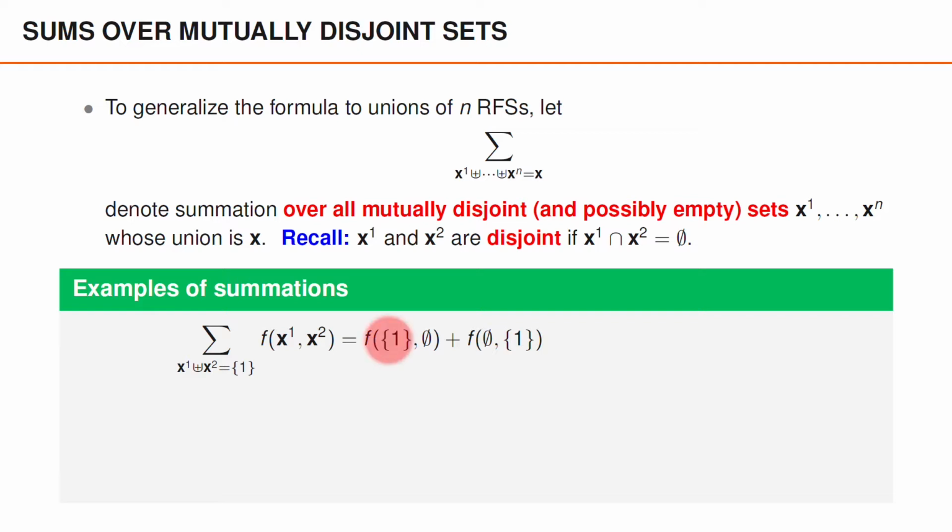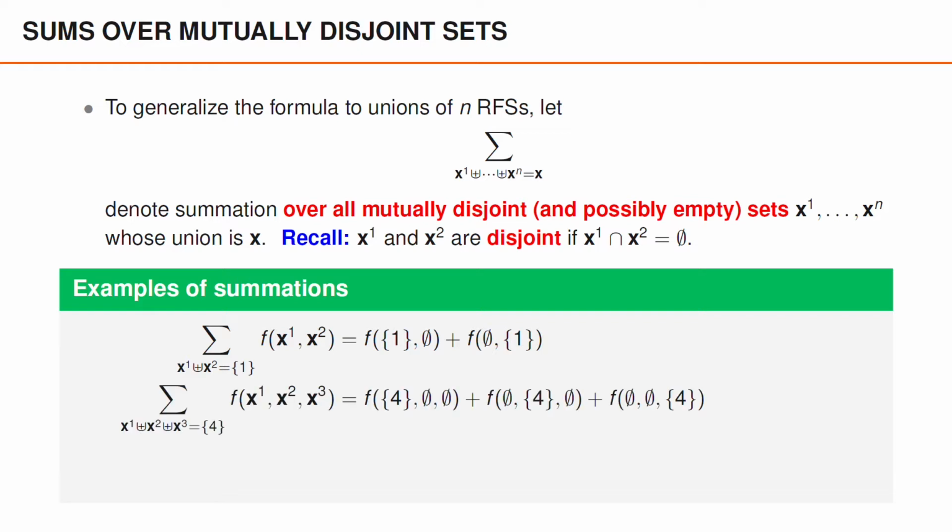Either x1 contains the element 1 and x2 is empty, or x1 is empty and x2 contains the element 1. In both cases, the intersection of the sets is empty, whereas the union of the two sets is the set with the element 1. If we instead have a summation over mutually disjoint sets x1, x2, and x3, whose summation